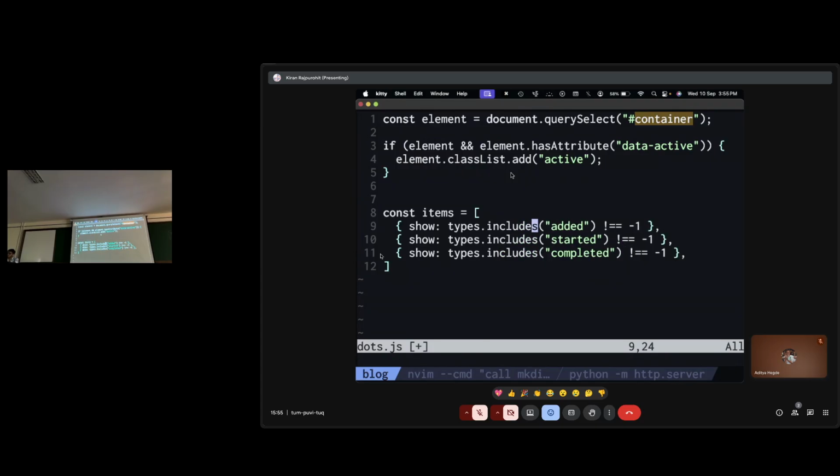Alright? But I also want to change this equals minus one, because includes already gives me a boolean. So colon S to start substitution. Not equals to negative space. And if you just press enter, it's going to delete whatever was there. Right?